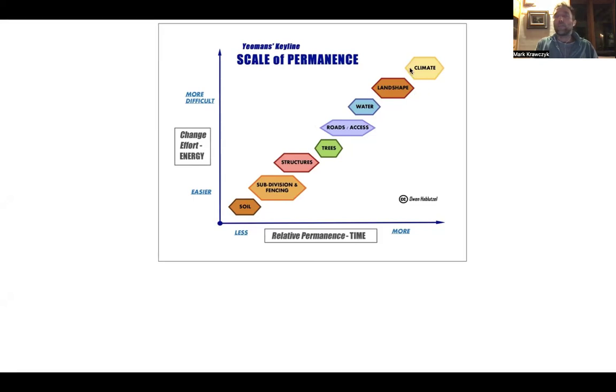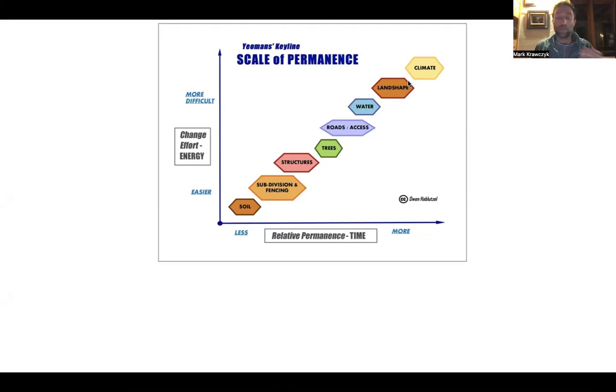First and foremost, climate is the big one that we have little, if any, control as individuals to modify. It is something that's fluid and is constantly in some state of flux, although there are obviously patterns that are somewhat predictable, that we can design in response to, but it is very much a response on our end. And what we see next in line along this scale of permanence would be the land shape or the